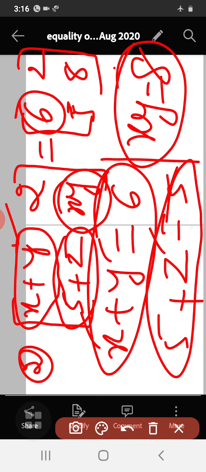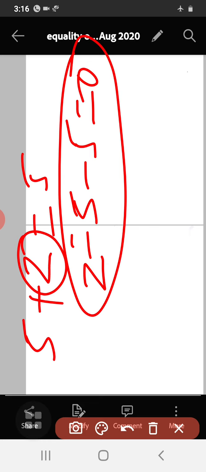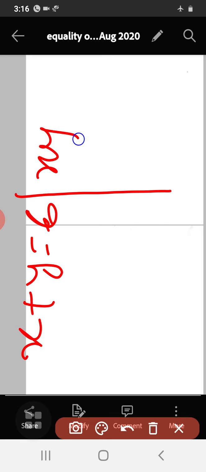See, let us consider one by one here. See, first I will consider this equation. So we have 5 plus z is equal to 5. So we can solve for z here. So z is equal to 5 minus 5, that is 0. So value of z is 0. Okay. So now what are the other two elements here? See, x plus y is equal to 6, and another is xy, that is product. xy is equal to 8. Okay, product of two numbers is 8 and sum of two numbers is 6.